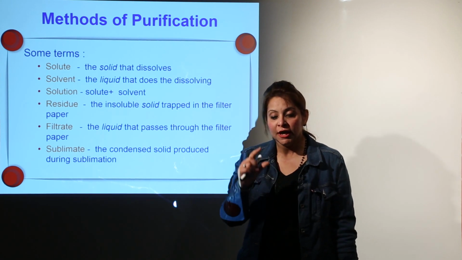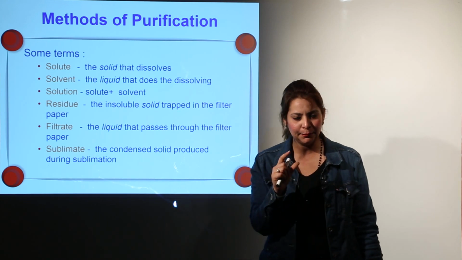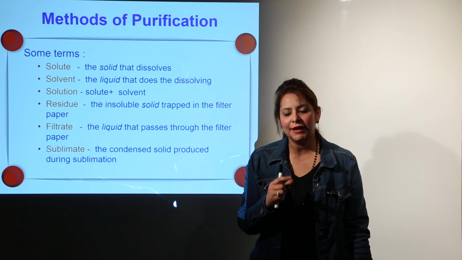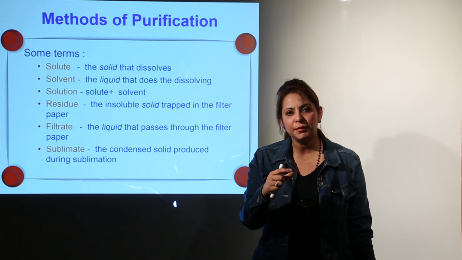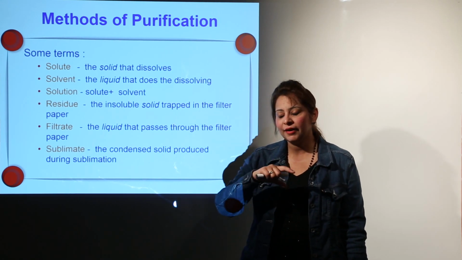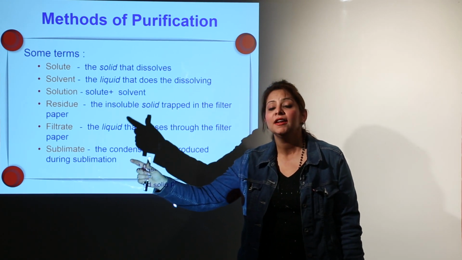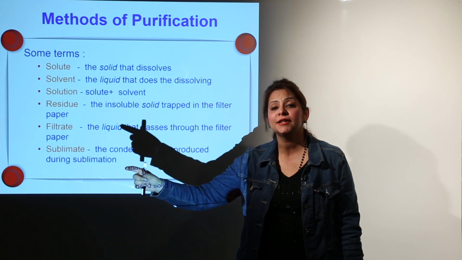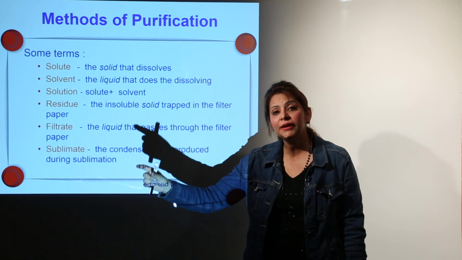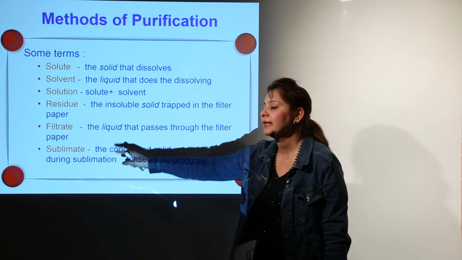Again I'm repeating. The example that is striking in my mind is the naphthalene ball, right? It shows the property of sublimation. That means when I heat it, or even at room temperature, it gets converted directly from solid form to the gaseous form, right? The gaseous state which is obtained by heating the solid is called the sublime, right? And when I cool that gaseous state, it will again form the solid state. So that is called the sublimate.